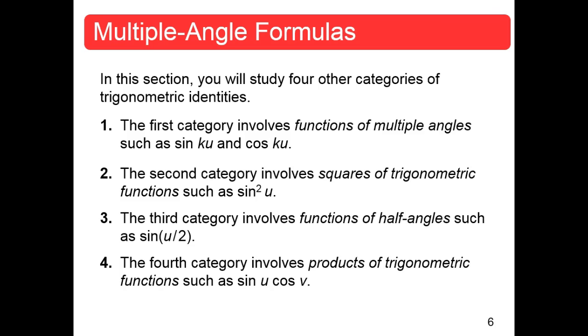Pythagorean identities. Okay? The third category involves functions of half-angle formulas. Well, if you can get double angle formulas, we should be able to sort of undo that and get half-angle formulas. Well, we actually need something from here too, so we'll get that. And the fourth category involves products of trigonometric functions, such as sines multiplied by cosines, and then we'll do sines added to cosines. And guess what? You really have all the tools you need to derive those as well. Okay, so